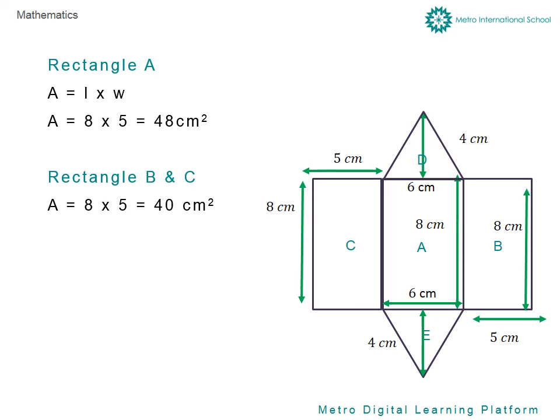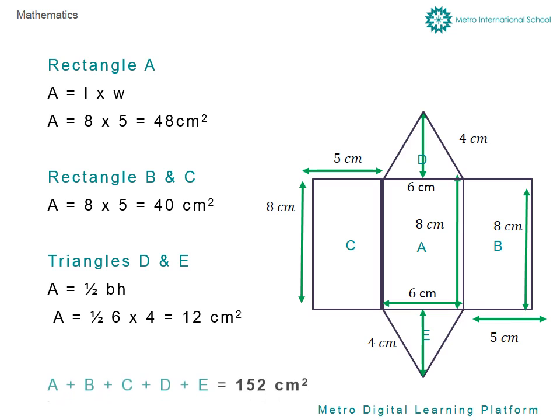Third step is to calculate the area of the triangles D and E. To do this, we will use the formula of area of a triangle. So it will be A equals 1 upon 2 base into height. The area of triangles will be 1 upon 2 into 6 into 4 equals 12 cm square. Now to calculate the surface area of the prism, we will add the area of all the shapes A, B, C, D and E. So it will be